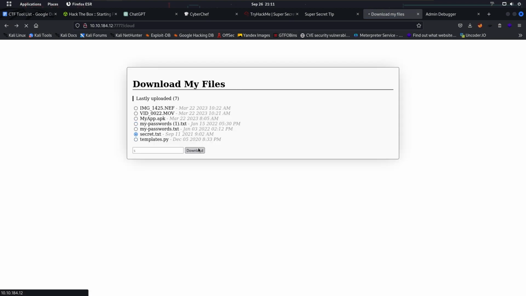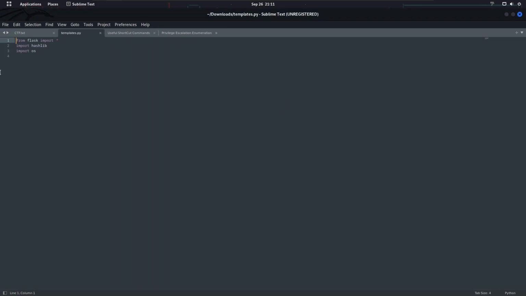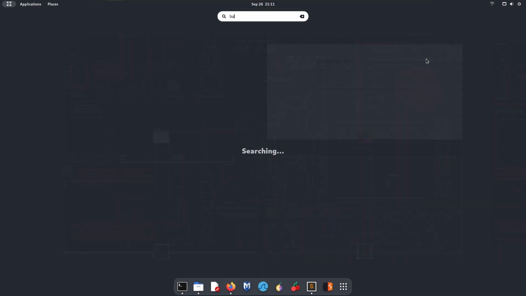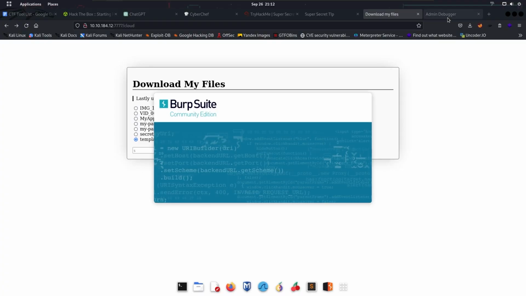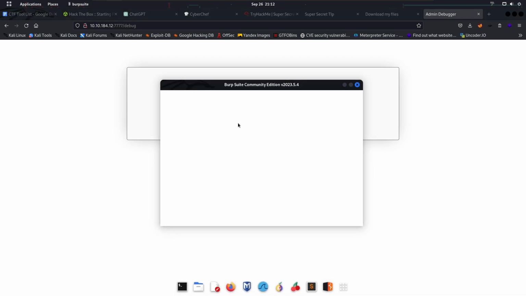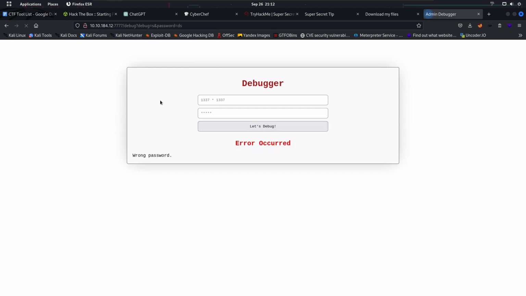And secret.txt, nope. Templates.py, something. It's just a template. Okay, and let's open our Burp Suite. What's in admin debugger? Wrong password. Okay,